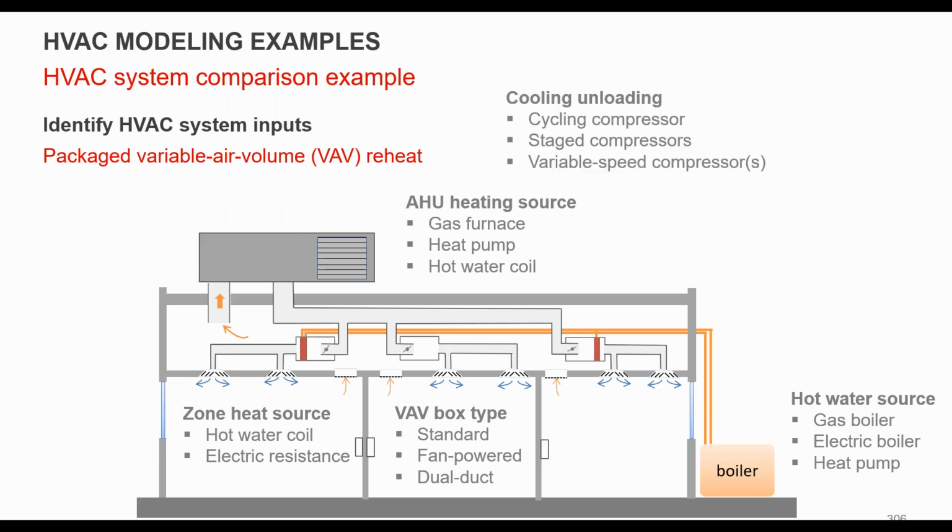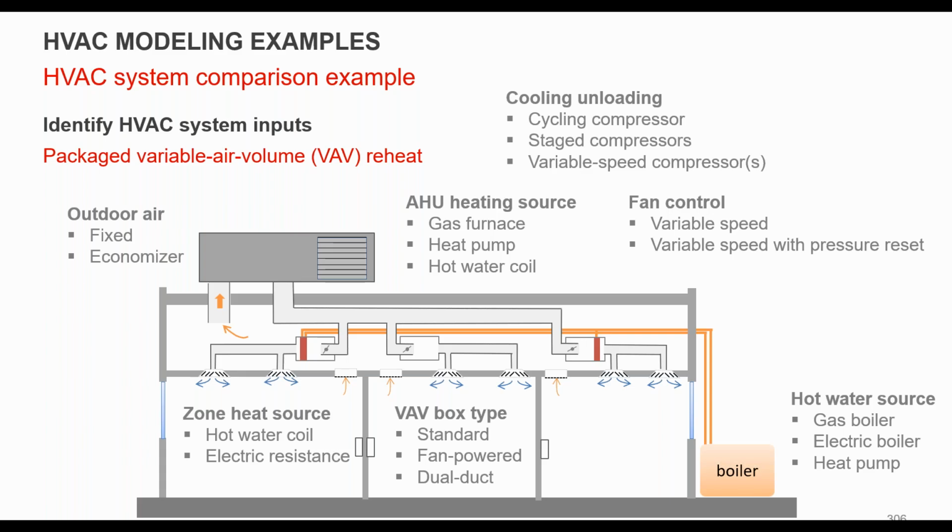Same thing on the compressors. On the cooling side, how is that actually operating? And your fan controls. So generally with these, you're going to get variable speed control because you've got pressure dependent boxes that are running, and your VFD is going to run based on the position of all of those boxes. Also outdoor. And in this case, you might actually have variable supply temperature, right? So if you go back to the single zone case, you're probably not resetting supply temperature. It's packaged simple controls. In this case, you might be resetting based on zone load or based on outside air temperature.